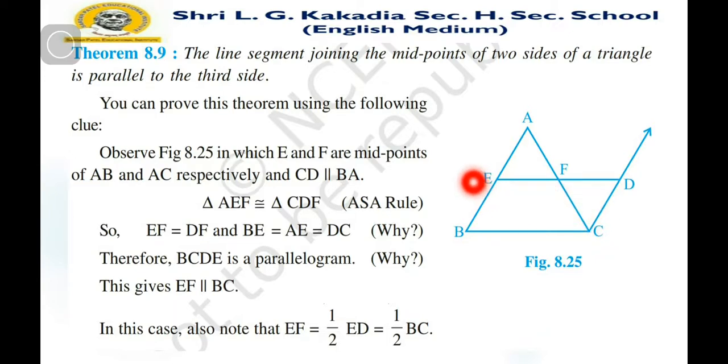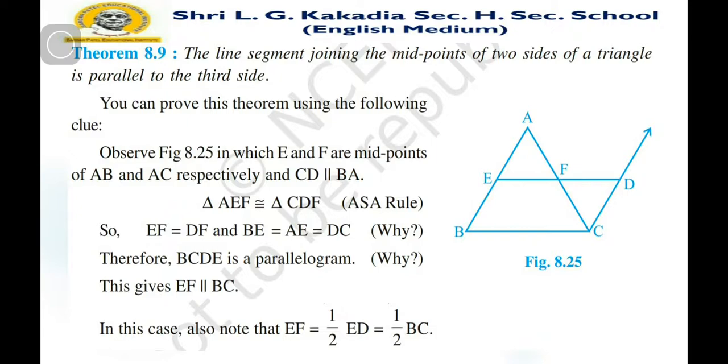Also angles EFA and CFD are equal because they are vertically opposite angles, and AF and FC are equal because F is the midpoint. So by the angle-side-angle congruence rule,